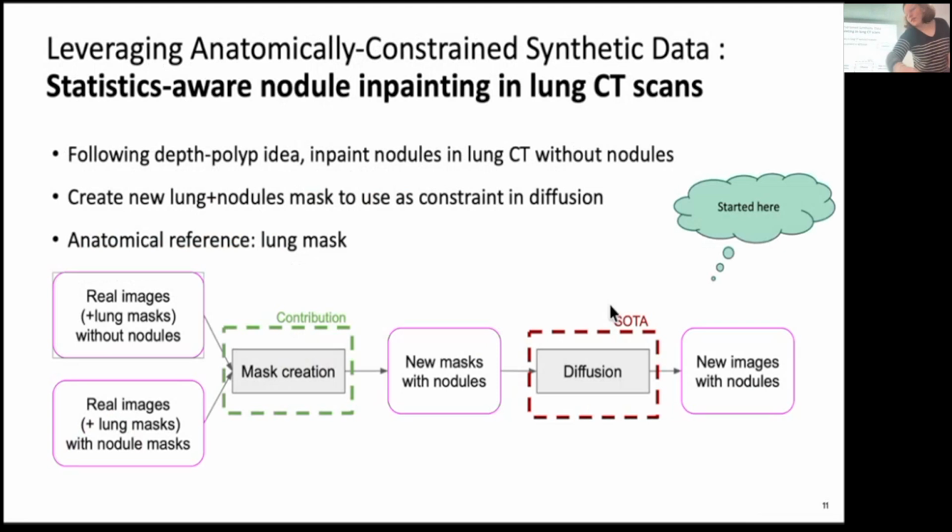Building on that, what I've been doing here is following that same idea of a background anatomical constraint. How do we take polyps or nodules and paste them onto the reference background? In this case, I've been working on lung CT, taking ones without nodules, ones with nodules, and trying to paste the nodules onto the healthy CTs, or CTs without